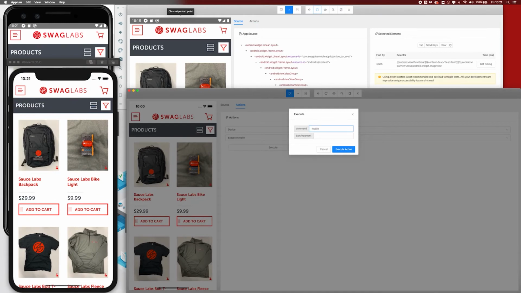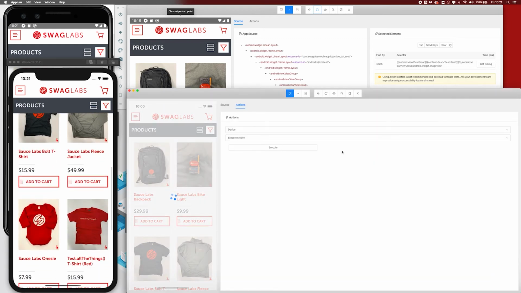Here I need to say mobile and then scroll. Then I need to provide JSON, but be aware that you need to provide proper JSON. So you need to use double quotes. And in this case, I would say direction, and after the direction, a colon, and then say down. If I would use this command and inject this to the Appium server, it will now,